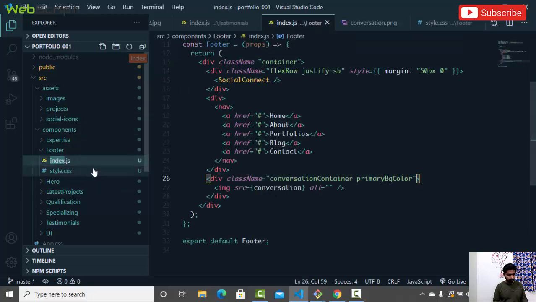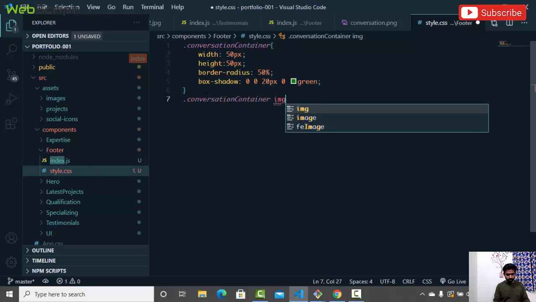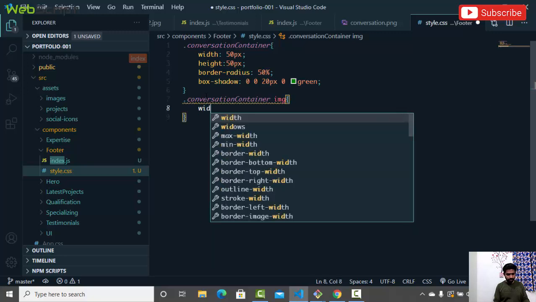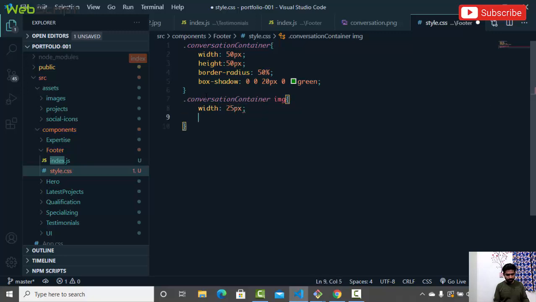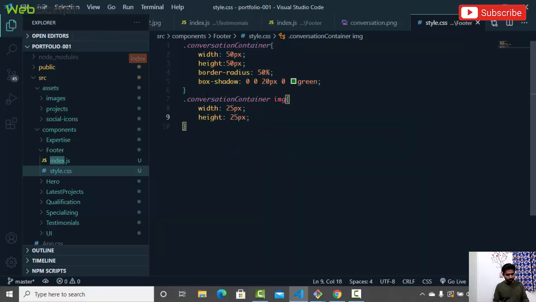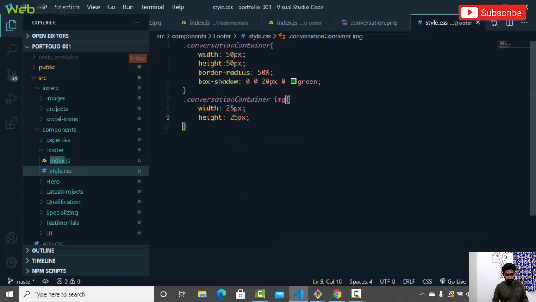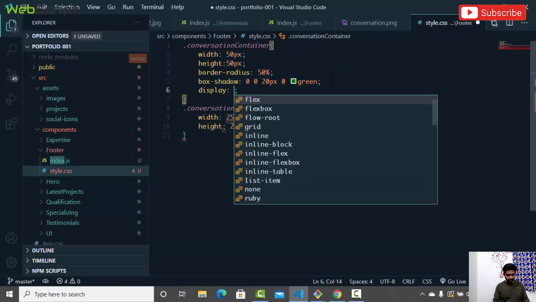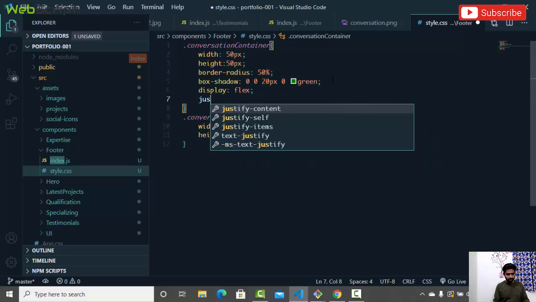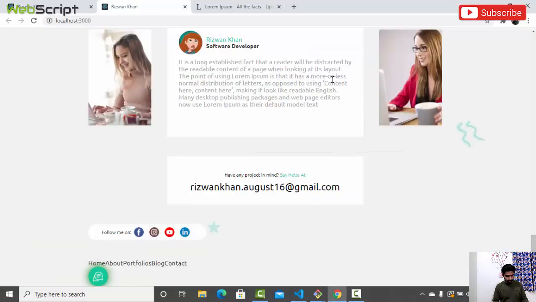In index.js, here we have an image, so we'll say conversation container, and img. Here we'll say width is going to be 25 pixel, height is going to be 25 pixel. Save this, and let's see how it is coming. So this is coming like this. Now we want this thing to be centered, right? So let's go over here and we'll say display flex, justify content center, align items center, and now it is